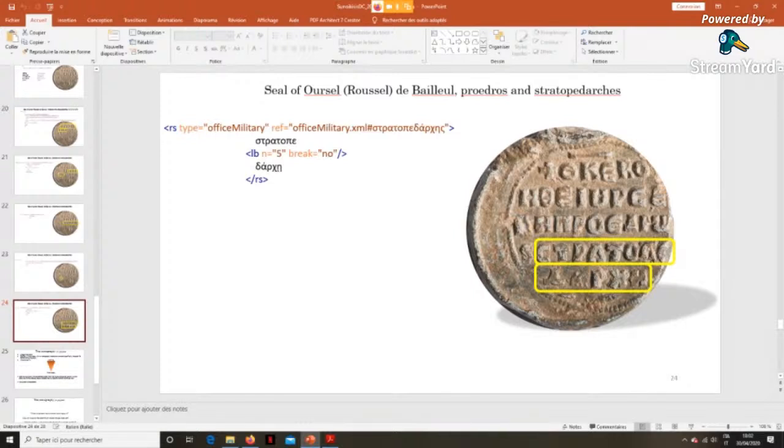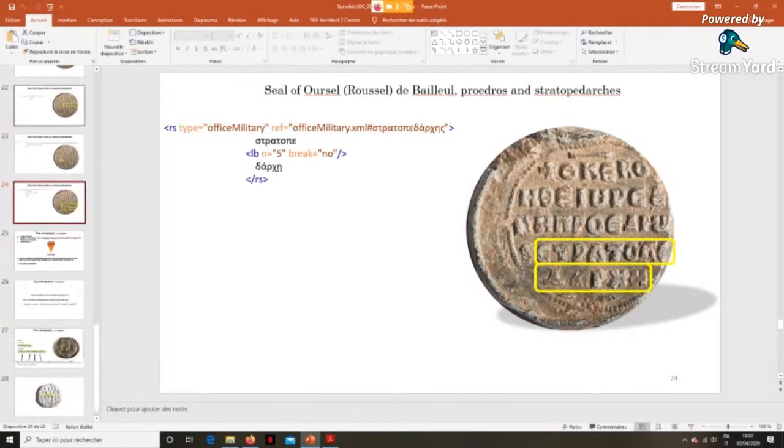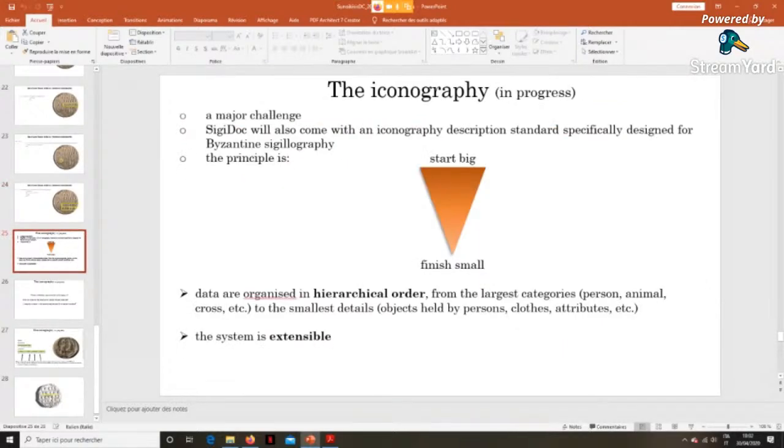and all this material will be indexed through FS. Another question, but this is much more in progress than the other part. It's the iconography. Iconography has been, is still a major challenge for Byzantine, not only Byzantine art history, but especially for Byzantine sigillographic iconography,